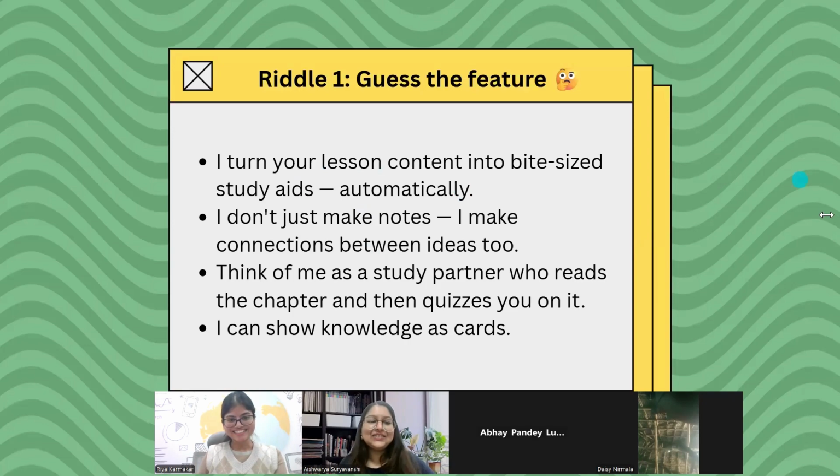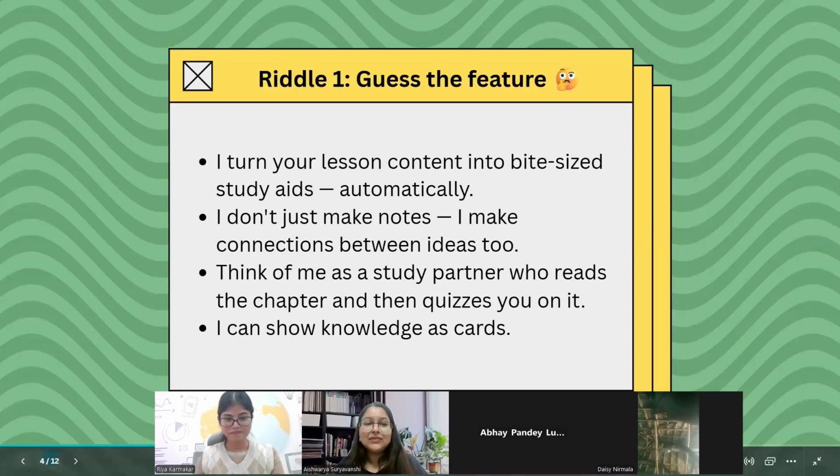So teachers, there is a small riddle for you all based on the features we have discussed today. If you have seen the answer that was shown earlier, please pretend that you were not able to see it and somebody has already answered this.